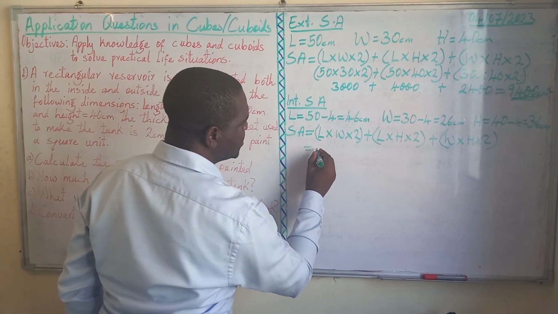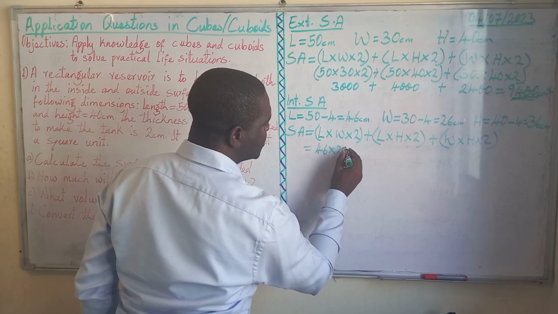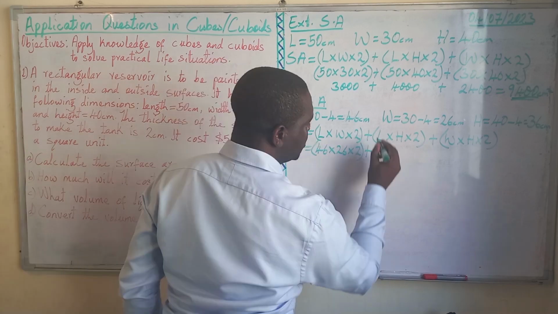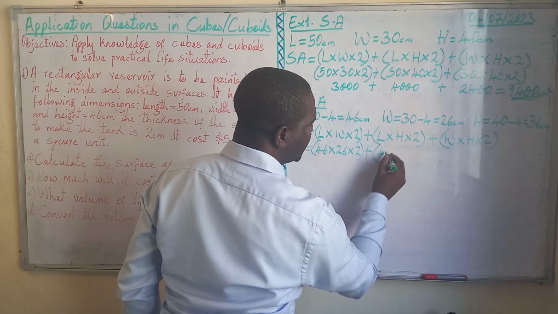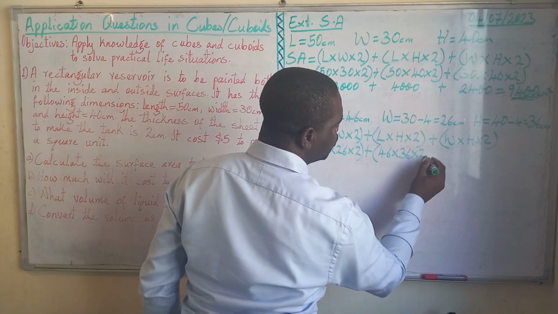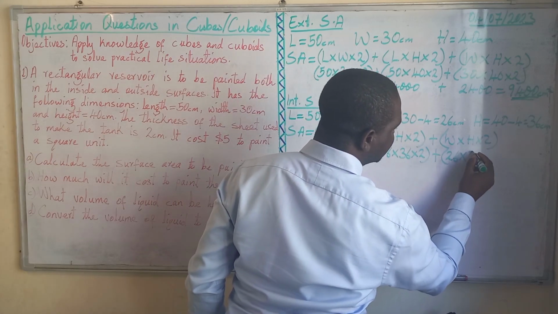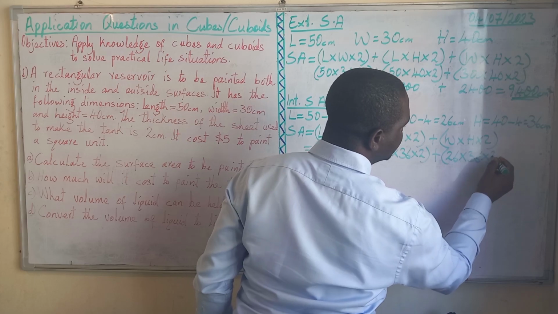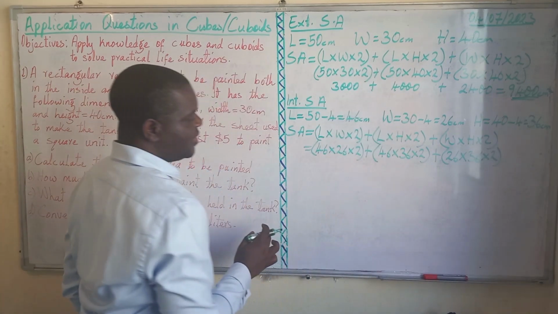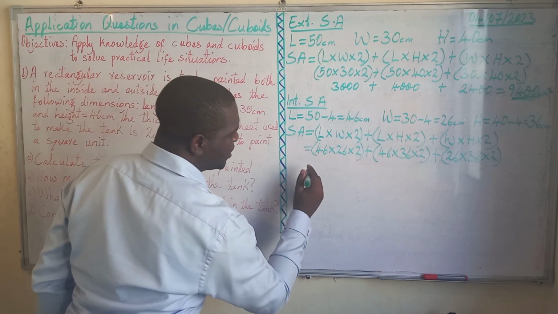The new length is 46 times new width 26 times 2, plus new length 46 times new height 36 times 2, plus new width 26 times new height 36 times 2. If you multiply this carefully, 46 times 26 times 2 is going to give us